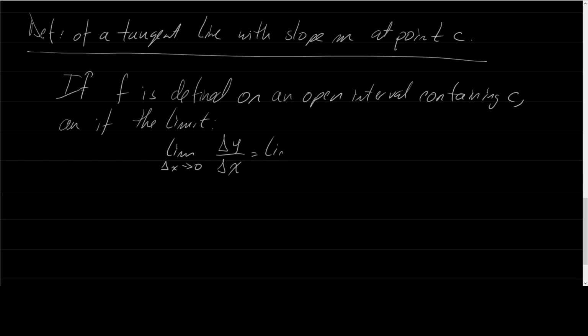So that limit, which we're going to rewrite as, as delta x goes to 0, of f of c plus delta x minus f of c over delta x. We're going to define this to be m, so I'm going to say m. So if that limit exists,